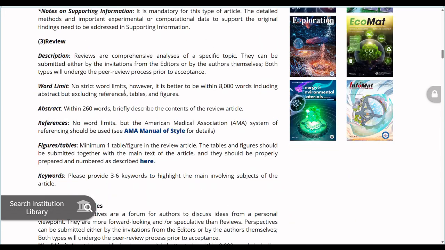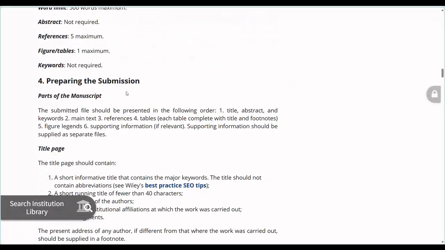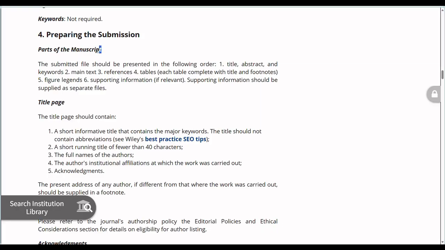Okay, that's for short communication, sorry. That's the type of article they're talking about in that place. Preparing for submission, part of the manuscript. So you try as much as possible to visit the author's guideline. With that, you'll be able to see what they expect.